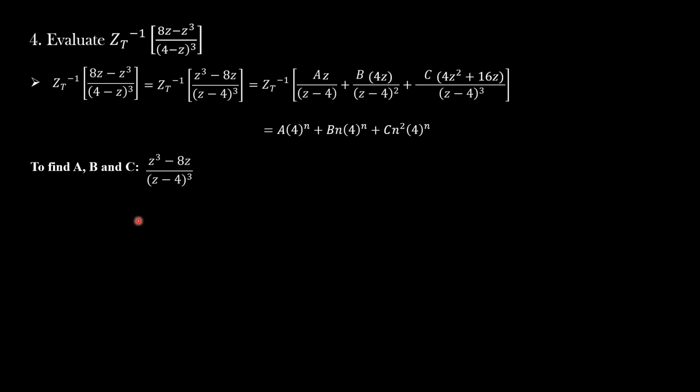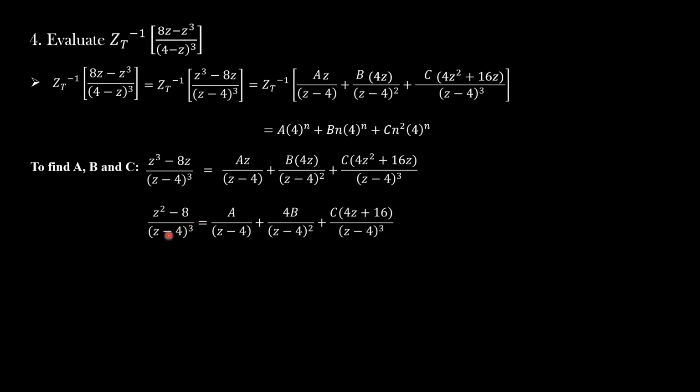Consider (z³ - 8z)/(z - 4)³, which is equal to az/(z - 4) + b·4z/(z - 4)² + c(4z² + 16z)/(z - 4)³, which is also equal to (z² - 8)/(z - 4)³ = a/(z - 4) + 4b/(z - 4)² + c(4z + 16)/(z - 4)³, which implies z² - 8 = a(z - 4)² + 4b(z - 4) + c(4z + 16). To find c, put z = 4